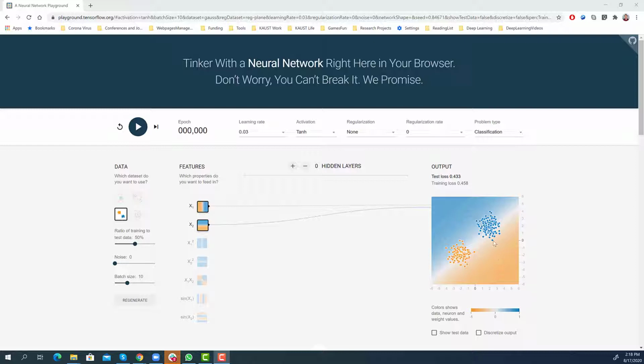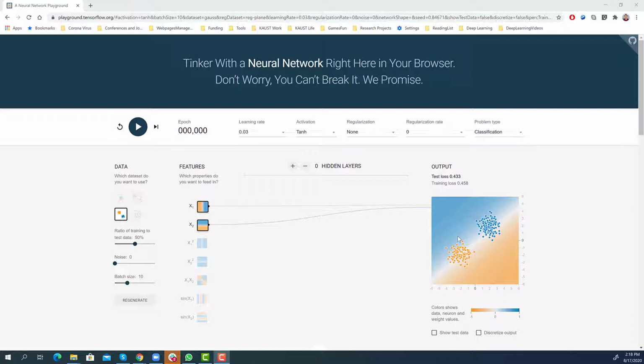That means we have a bunch of samples. Every sample is a 2D point, and there are two classes. There's the blue class, so all these points here belong to the blue class, and there's the yellow class. All the points here belong to the yellow class. The task of the classifier now is to classify each point as either belonging to the blue class or the